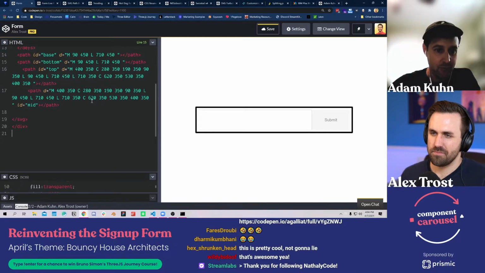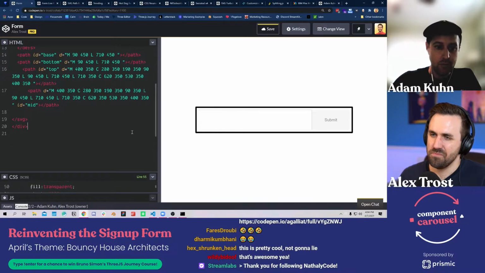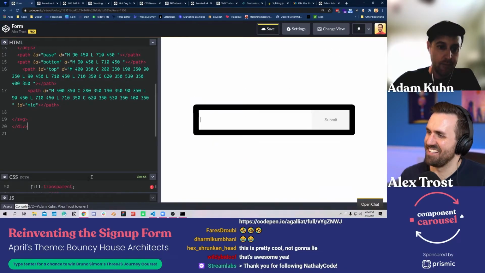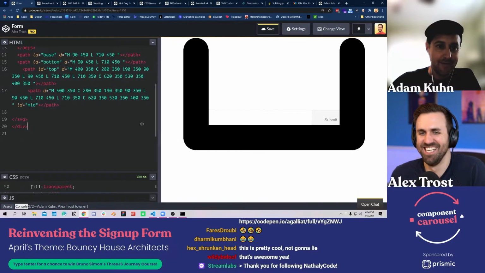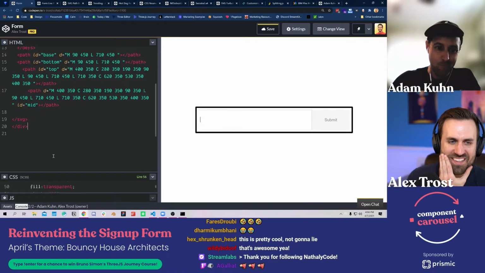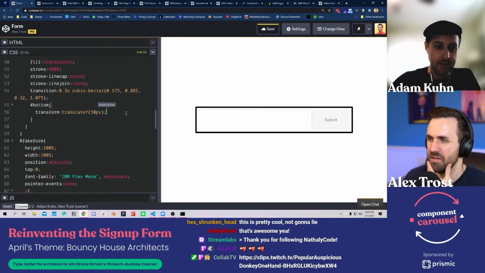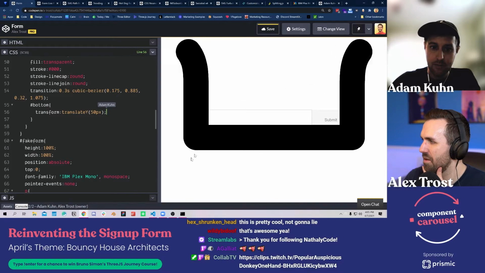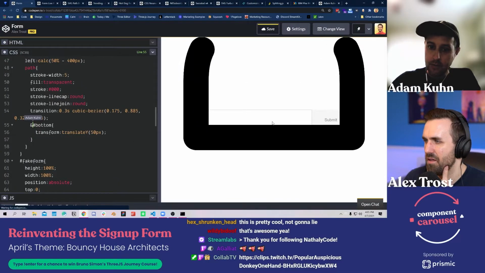Let's move those other ones down a little bit. What do we name them? I could hover on this all day. Bottom and base. It's so much fun. The wave kills me. So we're gonna, all right, 56. I'm gonna take it down like 50 pixels. Let's see what that does. Yeah, well, it helps if I make my connections here.